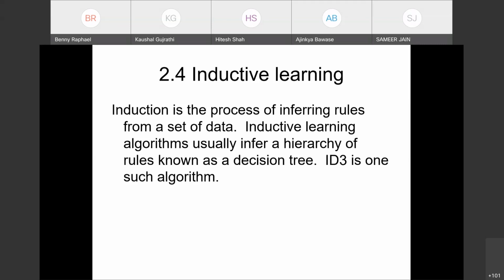Now, people don't just use rules today. Today, people use a hierarchy of rules. It's called a decision tree. A decision tree is nothing but a hierarchy of rules. So you have a rule at the top which will divide the data, which will get further subdivided and so on. It will become clear when we see an example. This famous example is the ID3.